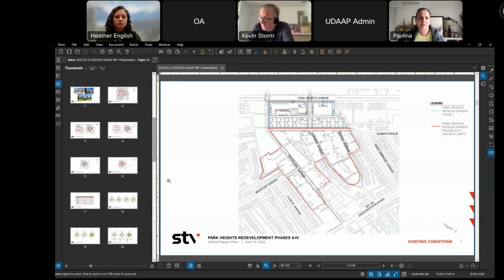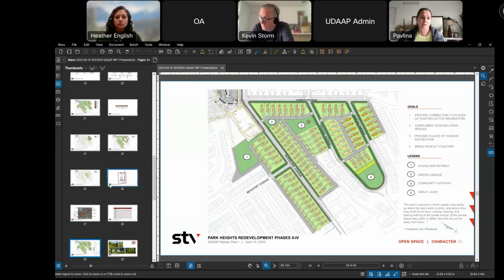So let's go to your plan now. I think you're very well positioned to create 2 gateway moments. In fact, even if you slice a little triangle off of the lot on the right side of Virginia, and then take the first 2 houses on the left side of Virginia, you can complete that gesture from Park Heights, the public plaza, the houses that are facing Virginia that are arriving at this gateway, which is a green space,